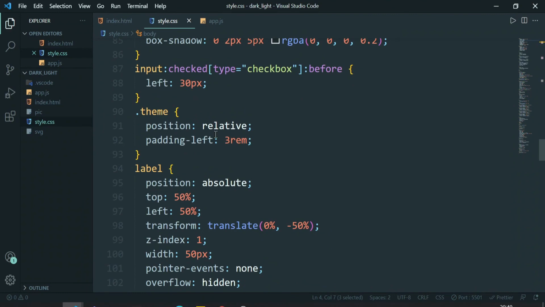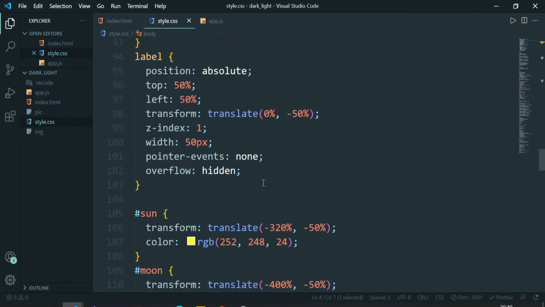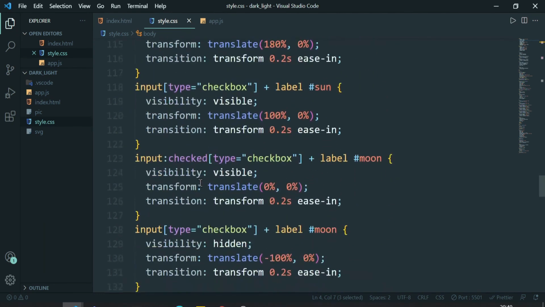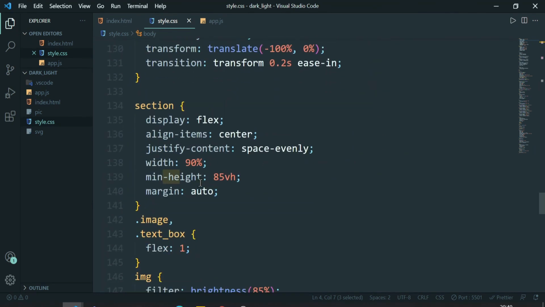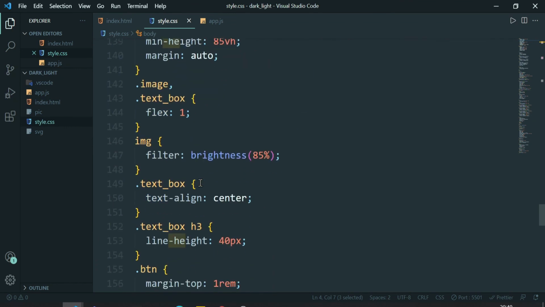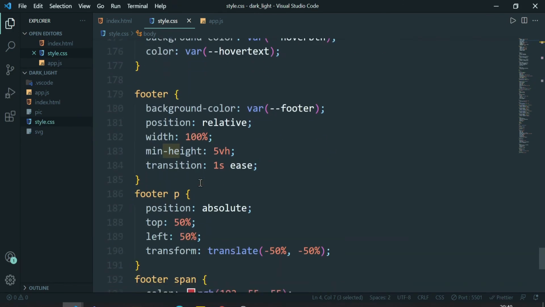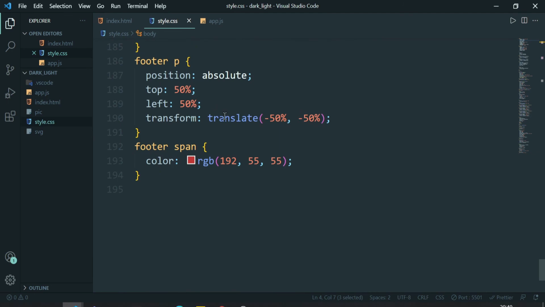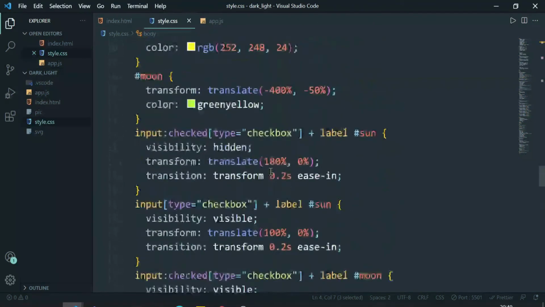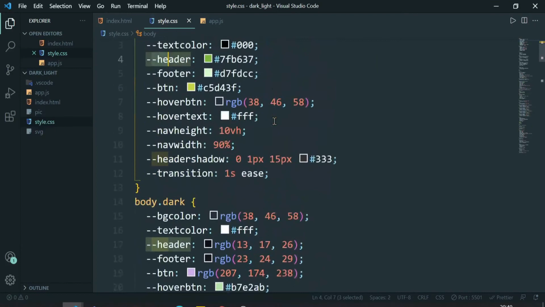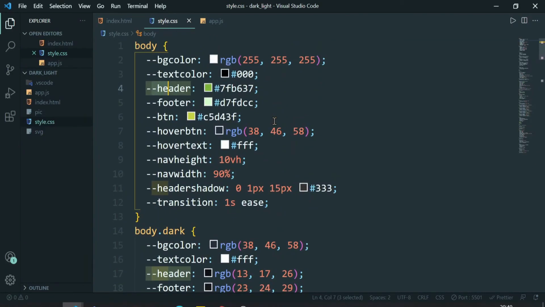Basically it's just the positioning and the paddings and margins, z-index, everything, so that we can have a sweet look for our web page. The main purpose of this video was to show you how you can use CSS variables in a more efficient way to build a theme switcher on a web page.